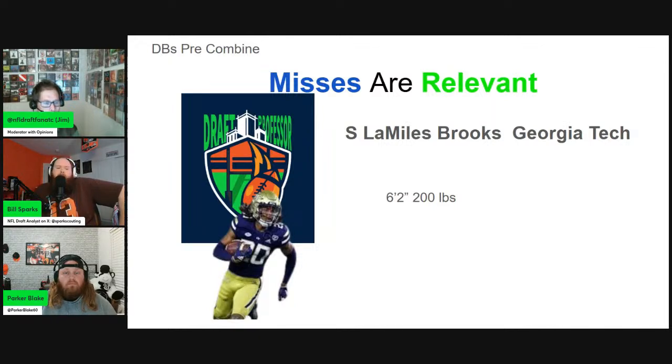Looking at the flip side of the coin for LaMiles, his lateral agility, he's got solid speed, but there are some struggles going sideline to sideline with him. He's not the fastest guy in the world. In addition to that, he has good ball skills, but they're not the best. The biggest issue I've seen is he gets caught in transition during contested catch situations, especially in terms of losing the ball while it's in the air,